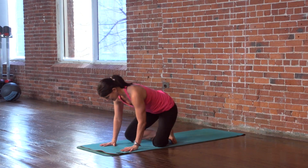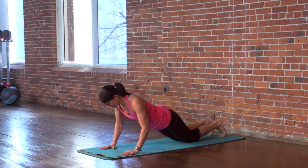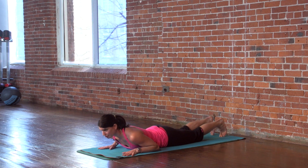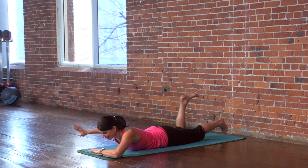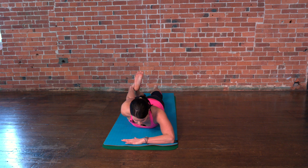We're going to do one last pose, and it's going to be on our bellies. So we're going to just shift our weight forward onto our hands and knees, and just slowly come all the way down onto your belly. So we're going to do a modified bow on both sides, and then I'll invite you to try a full bow if you like. So we're going to take one hand in front. Let's start with that left leg, because it's my good leg,